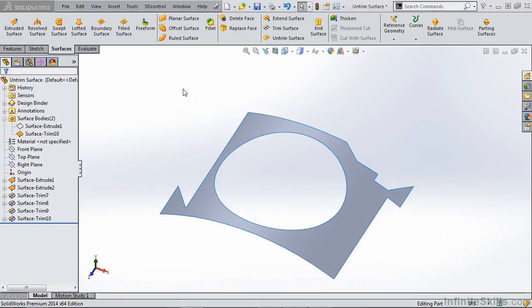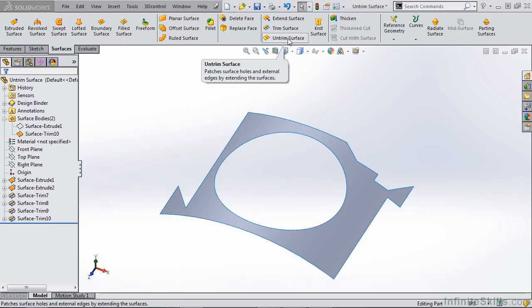In this video, let's go ahead and take a look at the untrimmed surface feature. Now, at a first glance, when you see this feature, you might think that you need to have a surface that's been trimmed in order to reverse that trim. Well, that's not true. This untrimmed surface tool is very powerful and can make quick work of filling in some